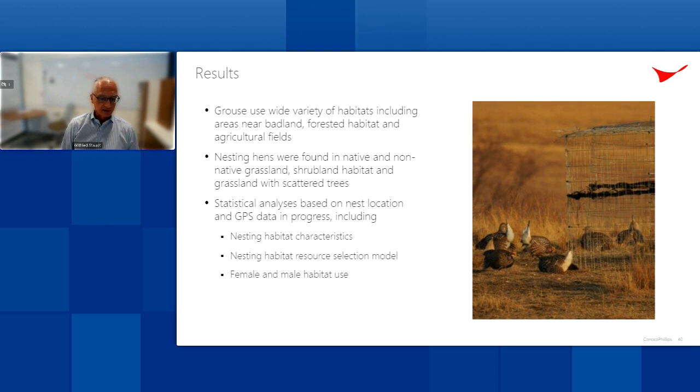Males especially stayed close to the lek during spring and summer. Of the over 5,000 GPS locations collected for male sharp-tailed grouse, 99.7% remained within about 1 mile, or 1.6 kilometers, of the lek where they were captured initially. There were some longer distances recorded for females, but the majority still remained within about 3 miles, or 4.8 kilometers, from their lek.